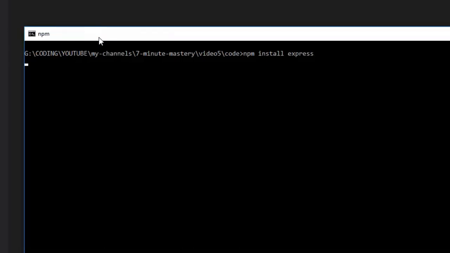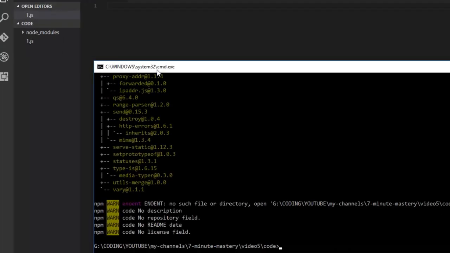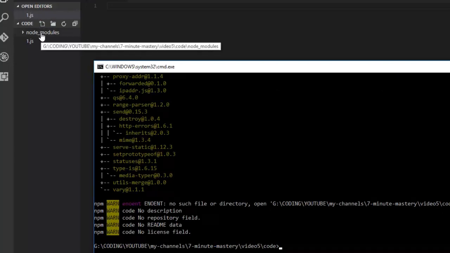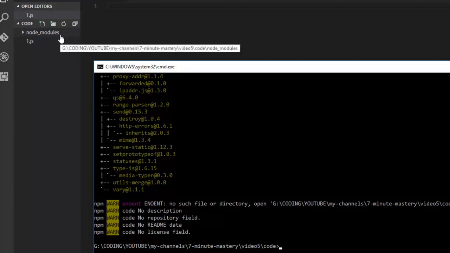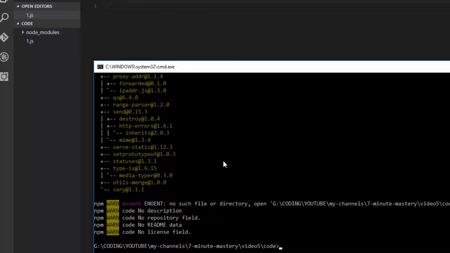When you press enter, it will contact the central repository, get all the libraries of Express and also the ones which Express is itself dependent upon. And it will put all the content in a root folder inside a folder node underscore modules. Now, if the folder is not present already, it will create this particular folder, and all our external packages which we have installed will be present in node underscore modules, including the package Express, which is itself dependent